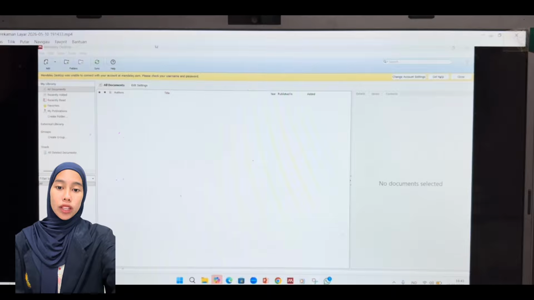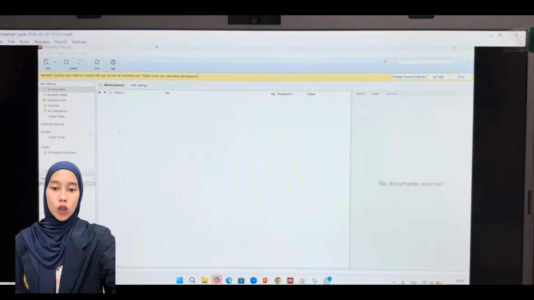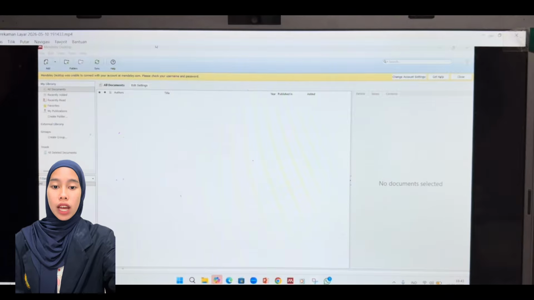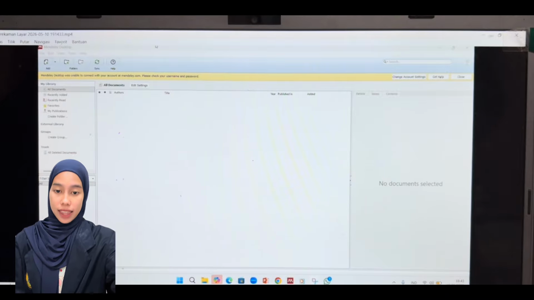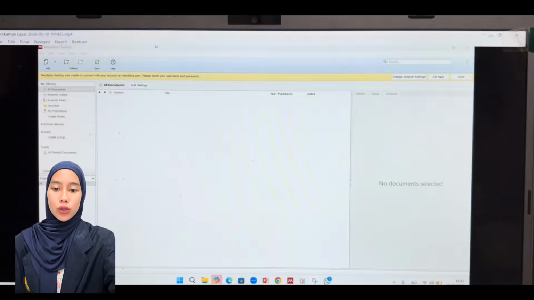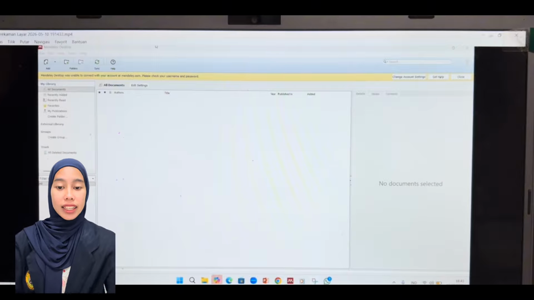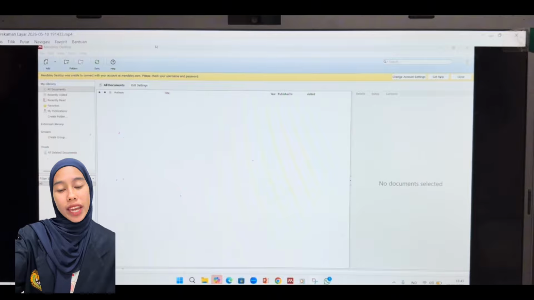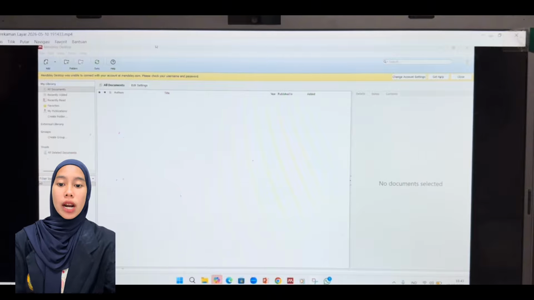Next, I will demonstrate how to add a file to Mendeley automatically. But we'll do it one by one to ensure the data is correct. I'm going to show you the standard way to add a journal reference using the Add Files menu. This method is highly recommended so we can select our file more precisely.